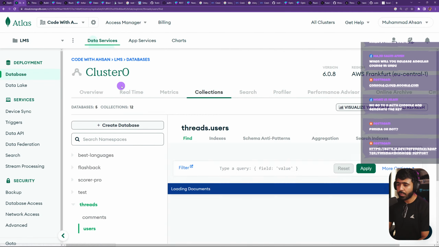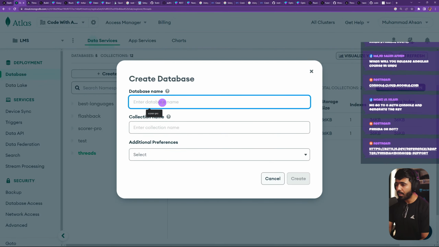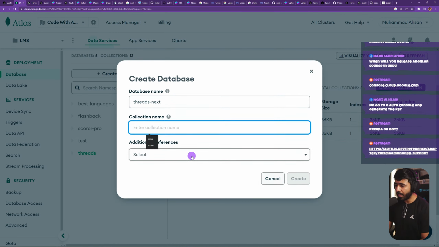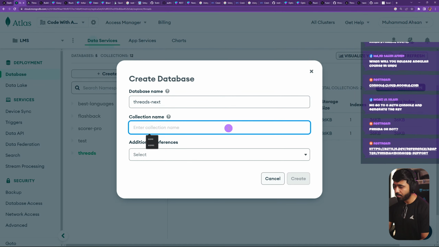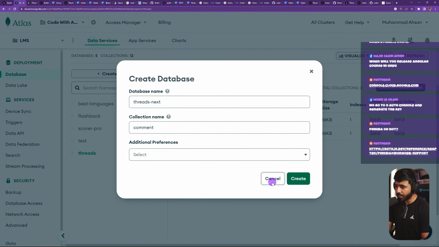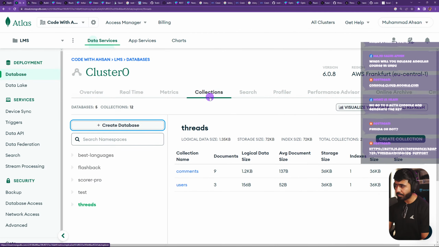So in here, what I want to do is I want to create a database called Threads Next, and additional references. No, nothing, to be honest. Is this required? I hope not. Can I create it? No. Can I say comment is going to be a collection? Or I don't even have to do that. I can just give the URL. So in this case, I can go ahead and say,